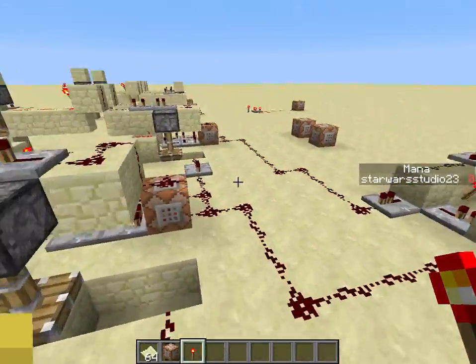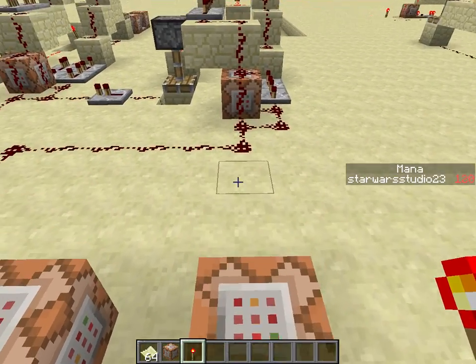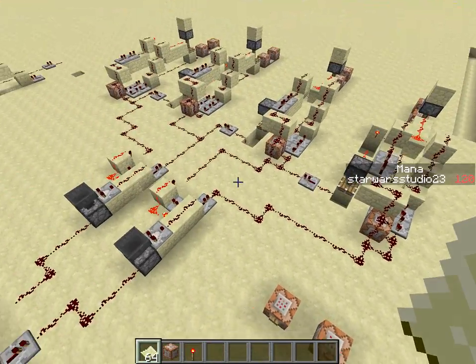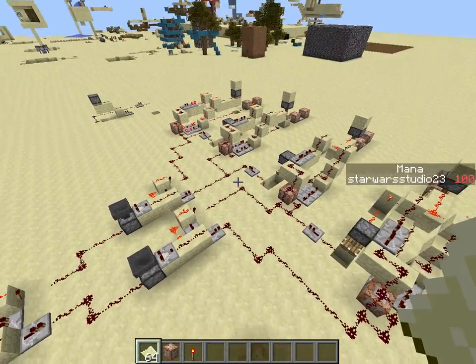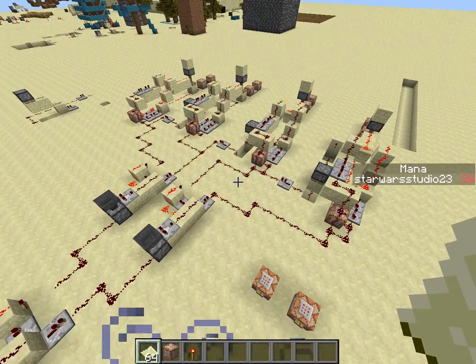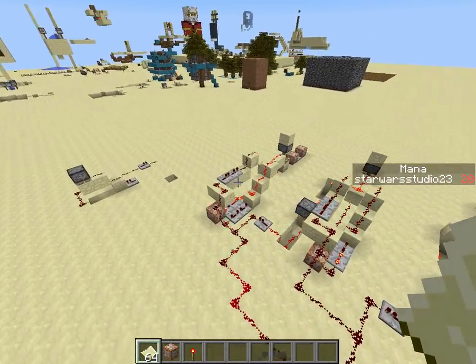So it gave me haste, and if you want to see it again, actually I'll just add like 100 and then 120. Turn my sound down because that was really obnoxious. Hit the map and it disappears. It gave me 20, 80, and then I only have 20 left. So it went to that one, and then it has to go all the way over to here, and then